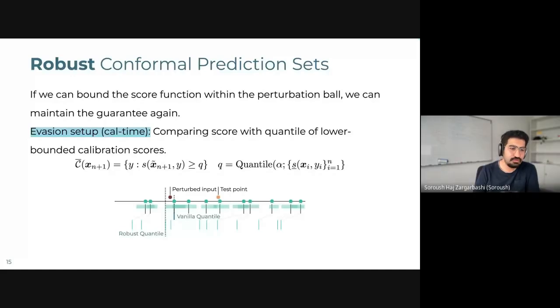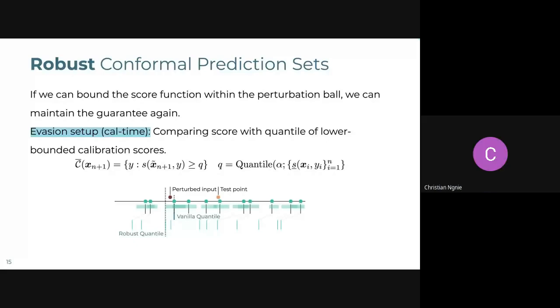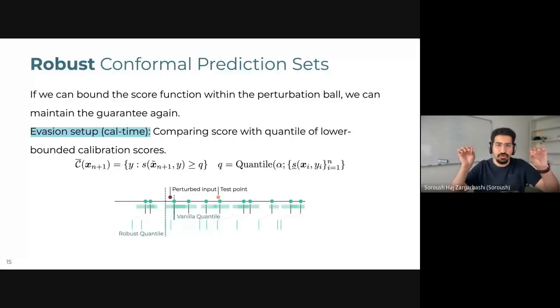That's a really good question. So again, I'm assuming that all the calibration points are clean, but now if I look at the lower bound of each calibration point, assume that I define a new score, which is basically the lower bound over all perturbations around each point. So the clean calibration points and the clean test point are exchangeable. Right? And the lower bound score of the clean calibration points and the lower bound score of the clean test point are also exchangeable.